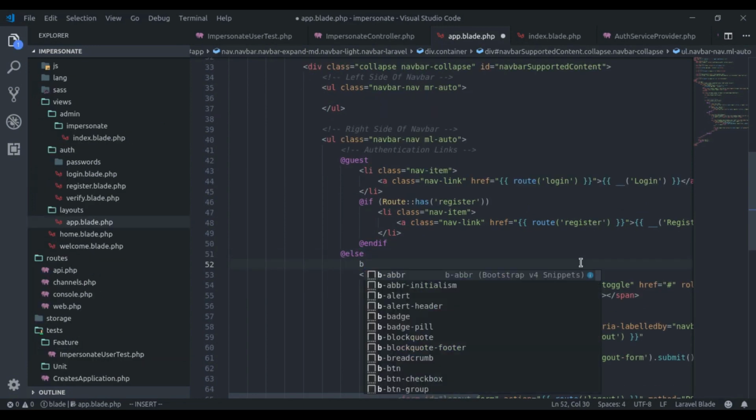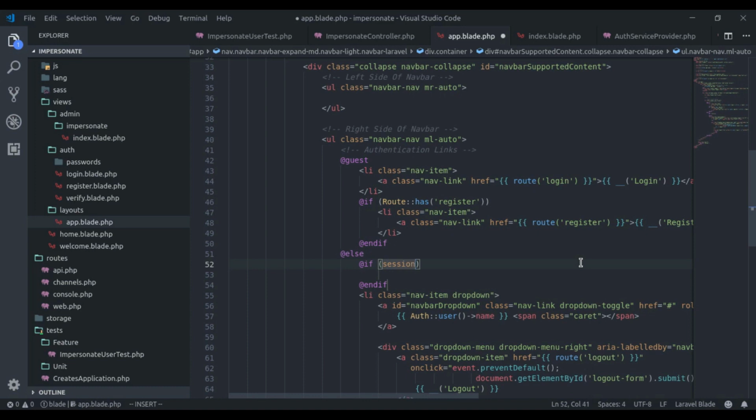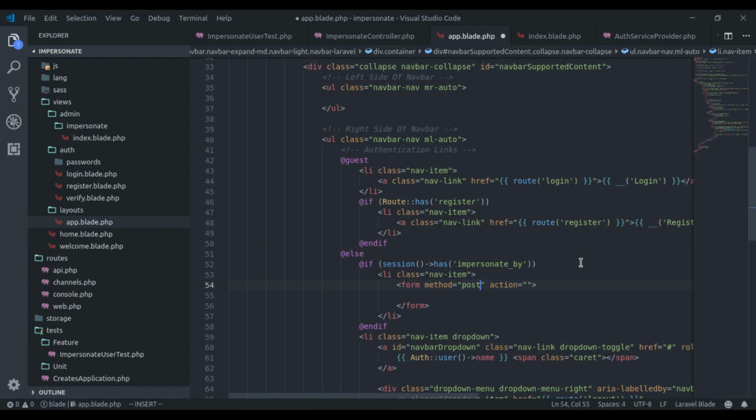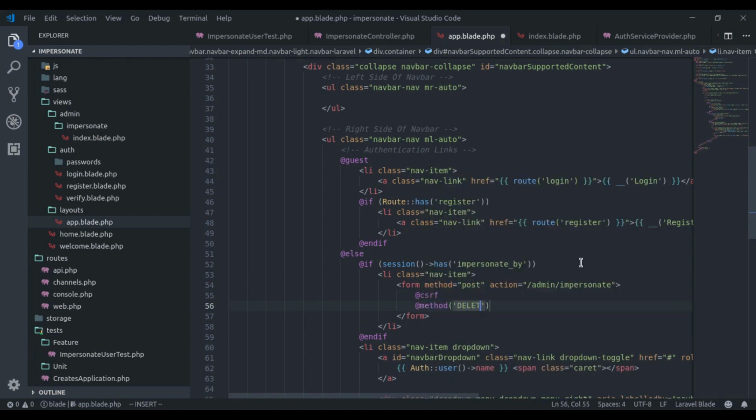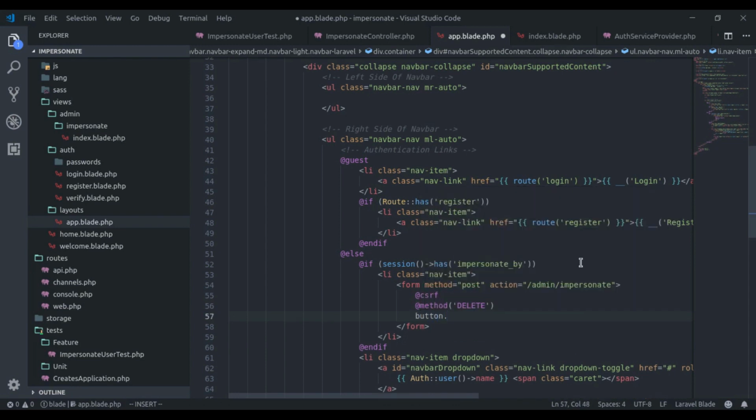So here we say if session has impersonate by, then we are going to add li class nav-item, form method is post, action is admin/impersonate, CSRF token, and method delete. Button class btn-link, and here we say stop impersonating.